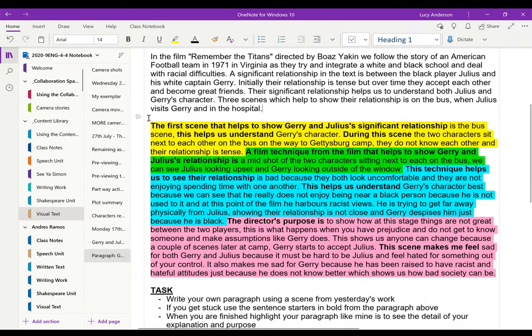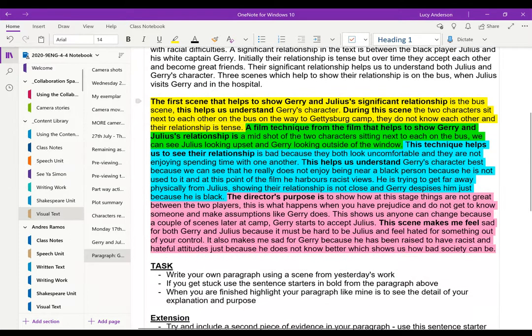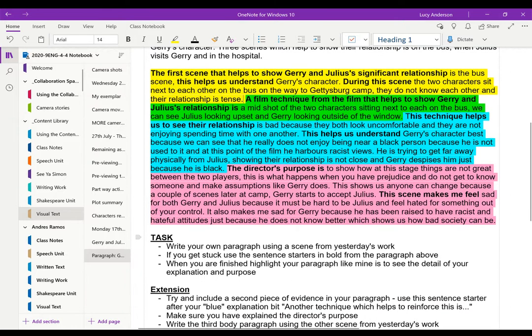So then what I've done is gone through and written a body paragraph, and I've got it in color coordination to match. What you'll see is that some of the sentences have bold in them. That's just to help you when you move on to your own paragraph, to make sure that you have kind of covered those aspects yourself, and it can give you a little bit of a help.